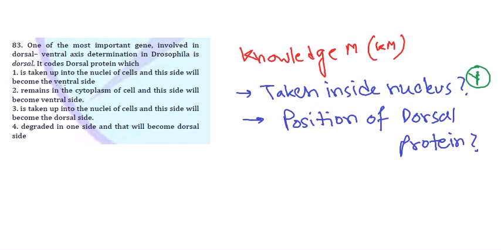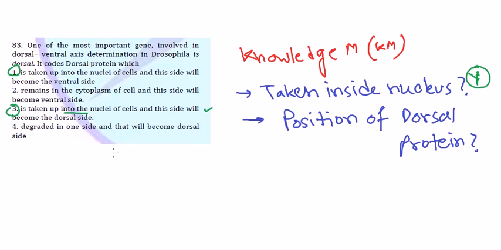So one thing is true, that it is taken up inside the nucleus. Option C and option 1 have this, they're taken up inside the nucleus. So among these two options, definitely there is a true answer, right? Now the second thing, the position of the protein: whether it is positioned in the ventral side or the dorsal side. If you don't know this, you might make a wild guess that it's placed in the dorsal side, so it should be dorsal. You may tick option 3, but again I'm telling you, do not do these things. If you are not sure about it, go for other questions, just leave it as it is.